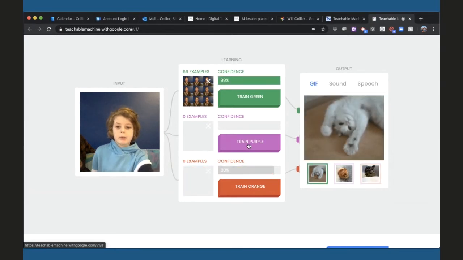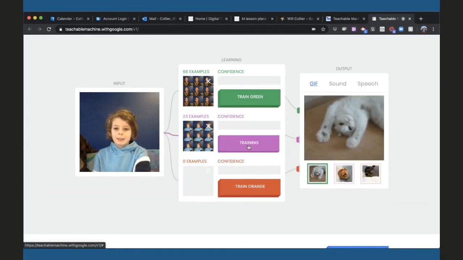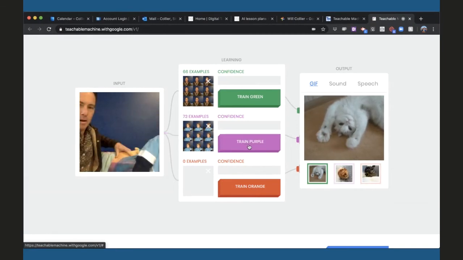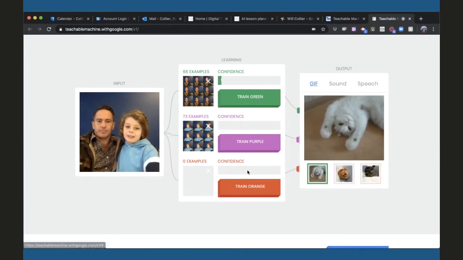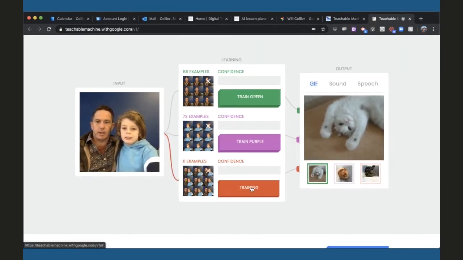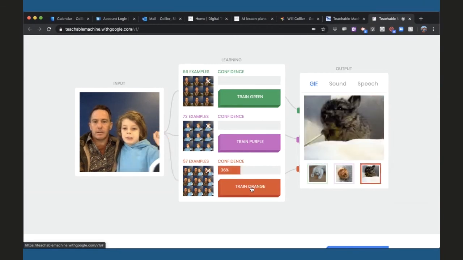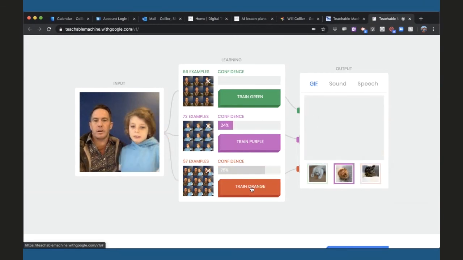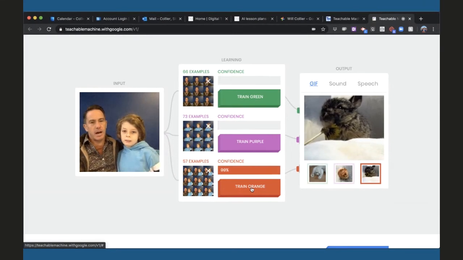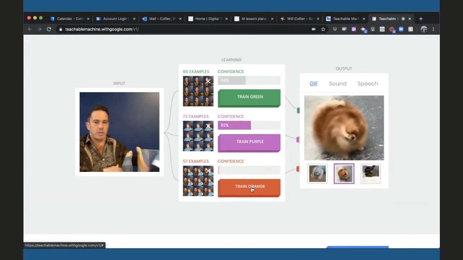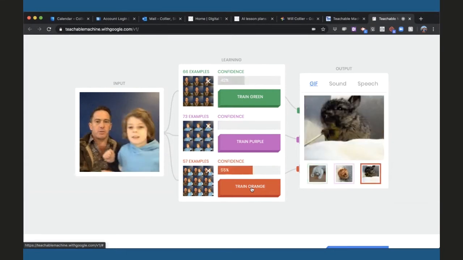Okay, I'll be purple. Hold it till about, what do you think? 60? 70. Oh, more. All right, now we'll do both of us. Hold it. And so now, 50. All right, so now we've got three sets of data. One we trained with just me, one we trained with just you, and one we trained with both of us.